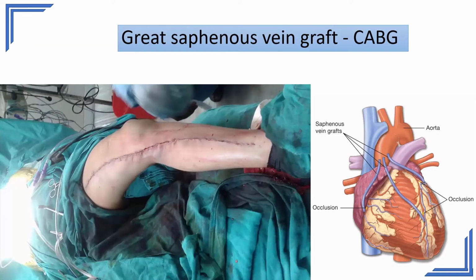The next applied importance of great saphenous vein is its use in coronary artery bypass grafting, which we generally do in coronary arteries that are obstructed and are beyond treatment by angioplasty. So this gentleman on the left has an incision on the medial aspect of the lower limb. So this incision has been done to remove or to strip off the great saphenous vein, and this can be used as graft to replace blocks in coronary vessels.